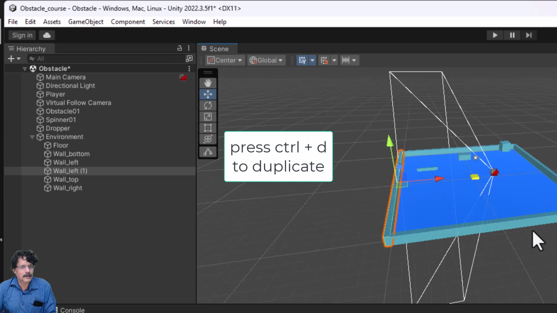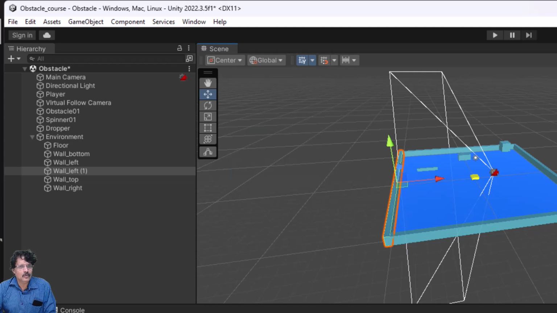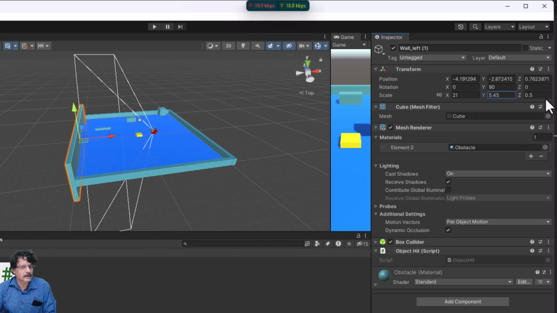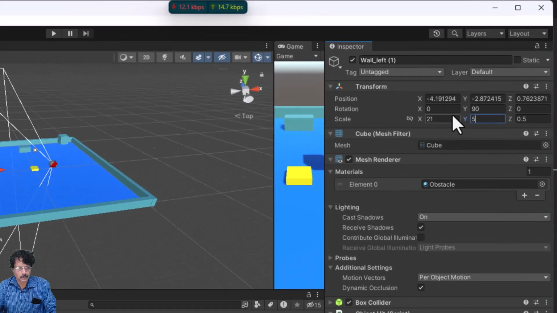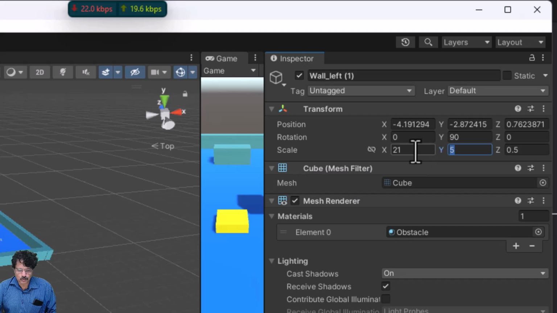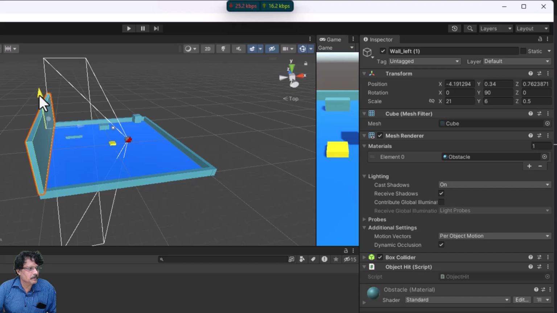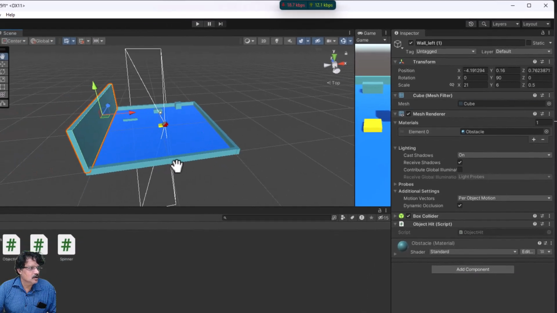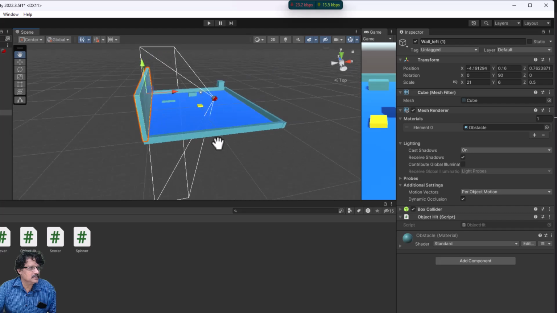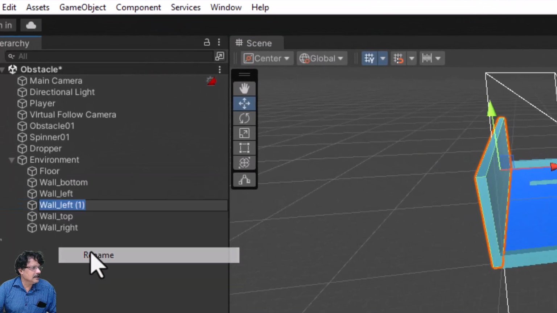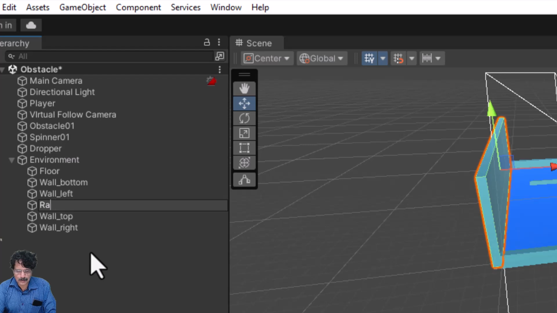After I duplicate it, I will now set its Y scale. I will increase the Y scale and make it bigger, something about 5, or I will make its Y scale around 6, and I will move it along the Y axis and place it to the top like this. So, we have placed it like this. Now, the only thing is I want this to be slightly slanted. So, I will select this wall left,